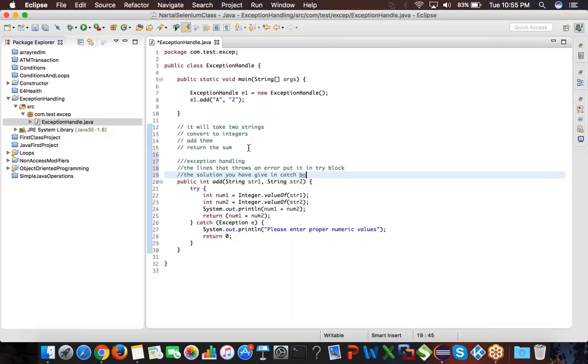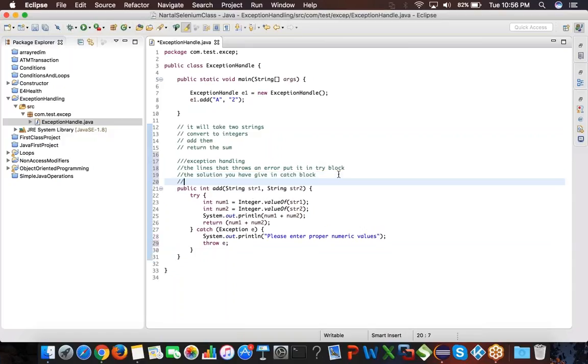Okay, but whenever you catch something, it will just catch the exception and it will continue. Means if you give an invalid username and password, it will still go to the login page, and that's not correct, right? You have to actually stop the program. If you want to stop the program, you can say throw exception. When you say throw exception, it will just throw and stop the program. So if you want to stop the program whenever there is an exception and not continue, instead of continuing it,